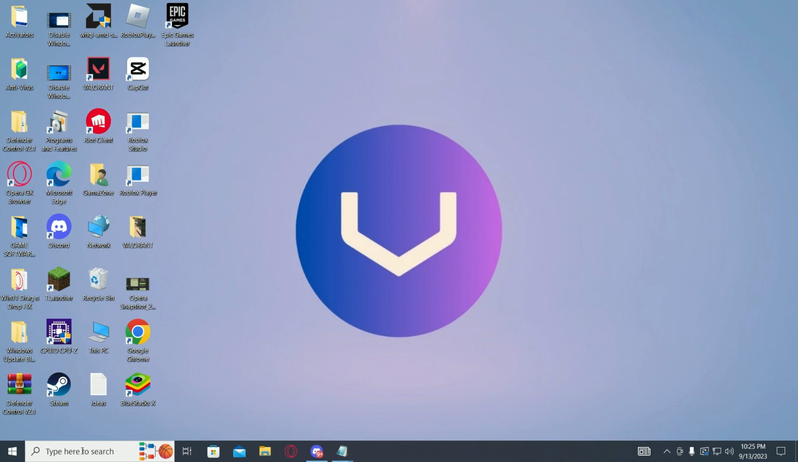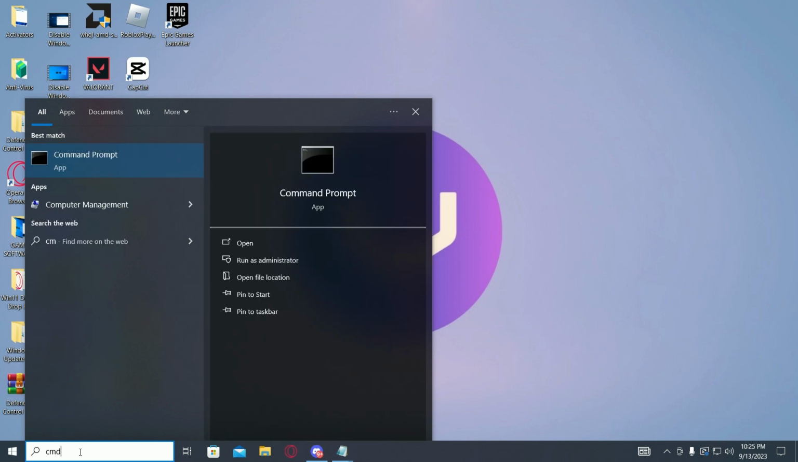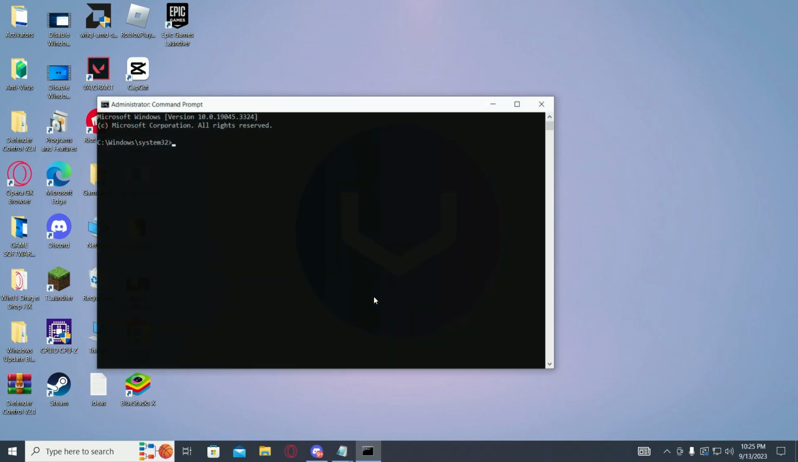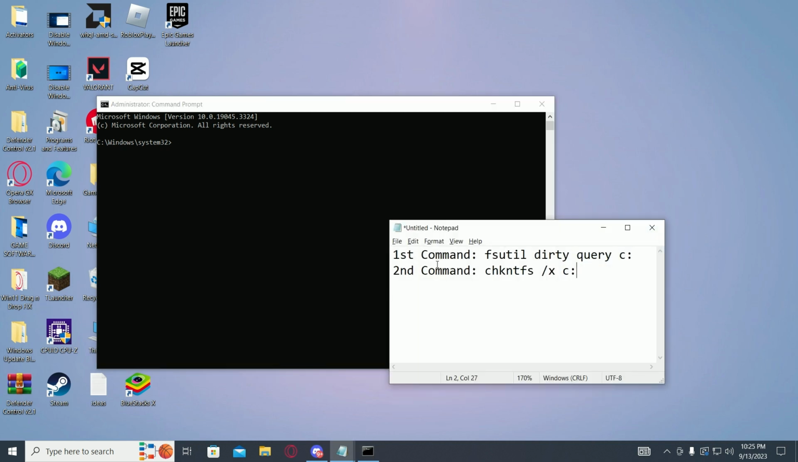So first of all, open up search menu and type in CMD. Now run it as administrator. Now you have to type in the following commands. The first one is fsutil dirty query c: